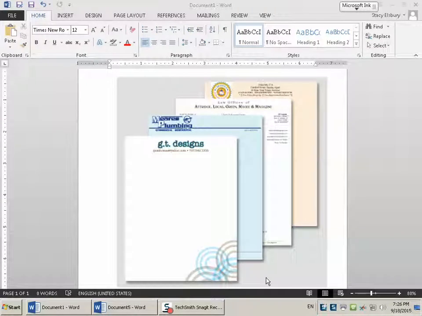At some time, more than likely in your life, regardless of what career path you choose, you're going to have to create a business letter. Business letters include all kinds of things like requests, inquiries, confirmations, acknowledgments, recommendations, notifications, responses, thank you notes, invitations, offers, referrals, complaints, even more, right? So this chapter, we're going to follow some generally accepted guidelines for writing letters and using Word to create those